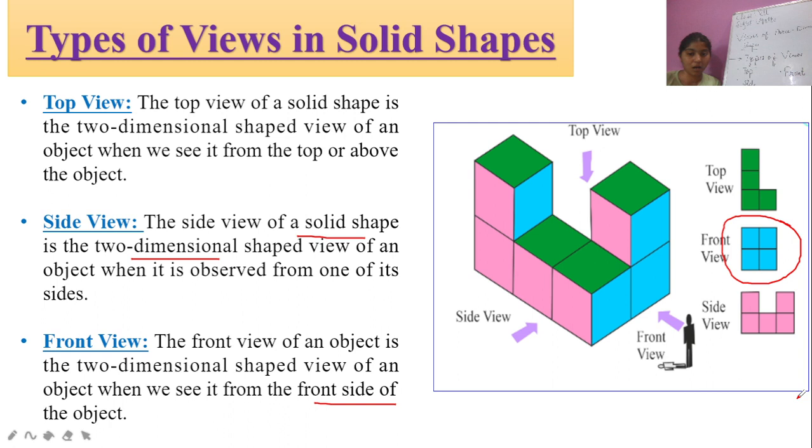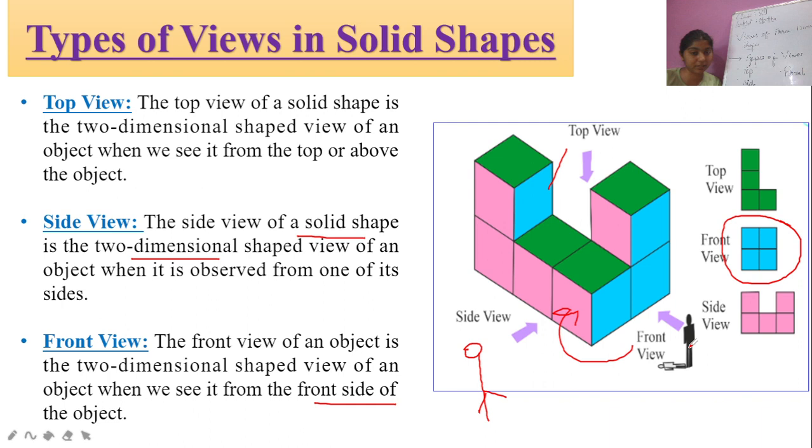Okay, side view. If a person is standing here and looking from here to that side, so this is a front view of that person. If this same person is looking this way, this is going to be the side view of this person. If a person is tilted and then he or she looks, that is going to be the side view. If a person can look at it from the top,